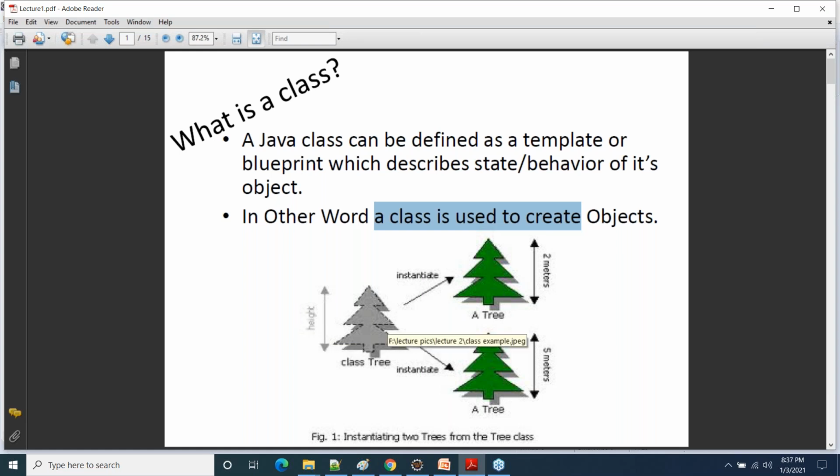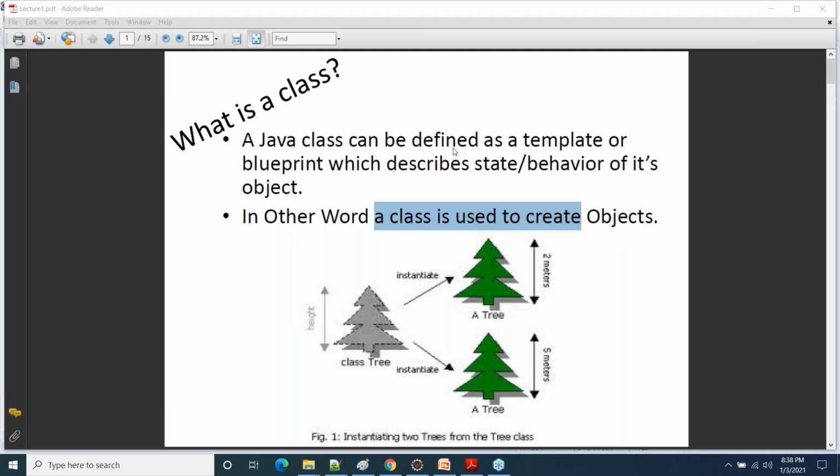Now the height of a tree can be different. Like the first tree A is 2 meters long and another tree is 5 meters long. This is the basic thing that you must have seen in college days. In so many websites you must have read about these things, but actually you don't know exactly what a class is. Now let me tell you, I don't go with this bookish definition of a class. Let me tell you what exactly a class is.